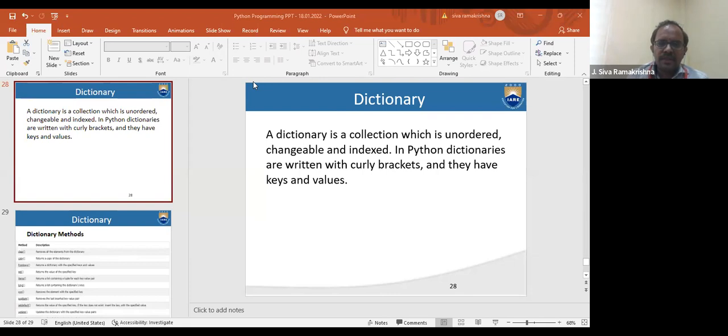And again, I am telling you, don't join with your name. I need your roll number to mark the attendance. If you rename your roll number to a name, then it will be difficult to get the attendance. So please join with your roll numbers only. Okay, if you have no doubts, then I will